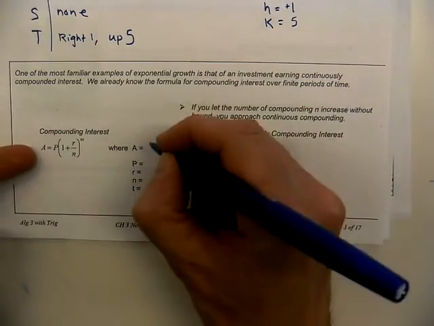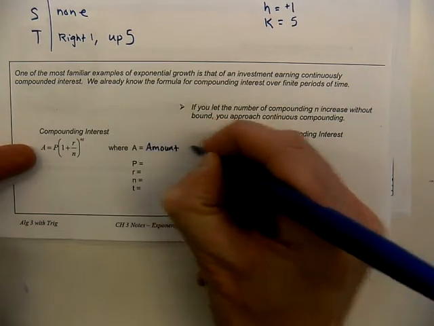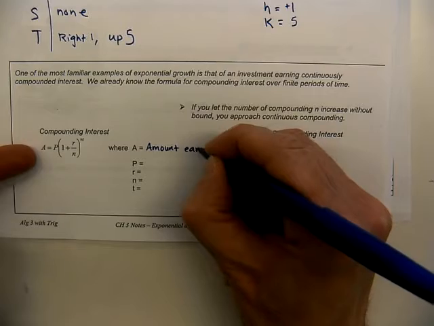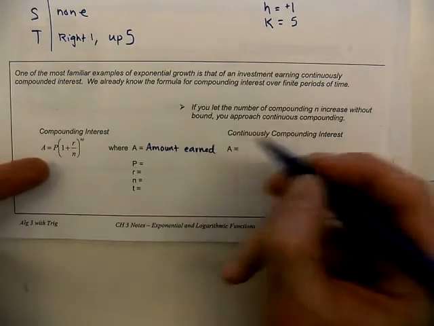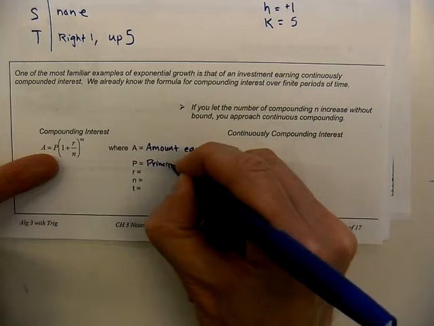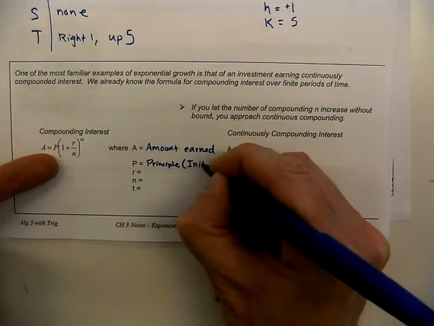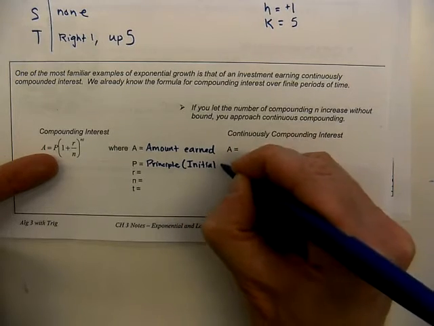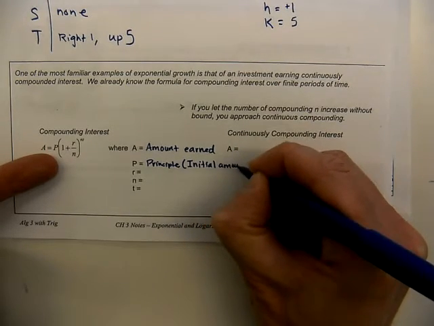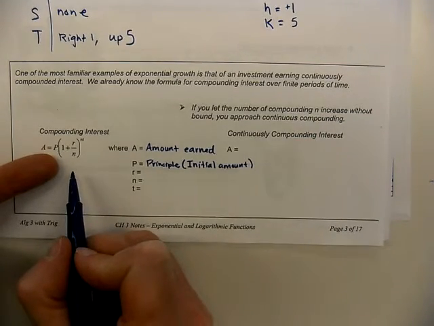So A is what we're going to end up with, right? That's the amount of money that we will have earned. P is your starting amount. We call that the principal. But you can also think of it like your initial amount. So I'm going to put that word in as well. It's the initial amount. And the reason why that's helpful is because sometimes we will be using formulas that are